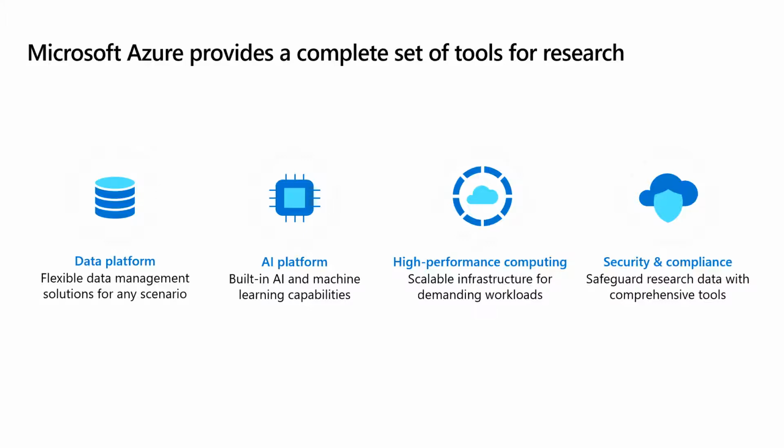And this one, we're definitely going to get really deep on, and that's security and compliance. We have a more comprehensive set of tools when it comes to security and compliance than any other cloud platform out there. The identity that you use already, most of your research institutions, they already have Active Directory. They already have Azure AD. It's part of their Office 365 engagement. They have the identity piece. They've got a lot of the discovery pieces already plumbed up and ready to take advantage of. So it's not even the most comprehensive set of tools, but it's a lot of the tools that you're already using, so you're not having to reinvent the wheel.